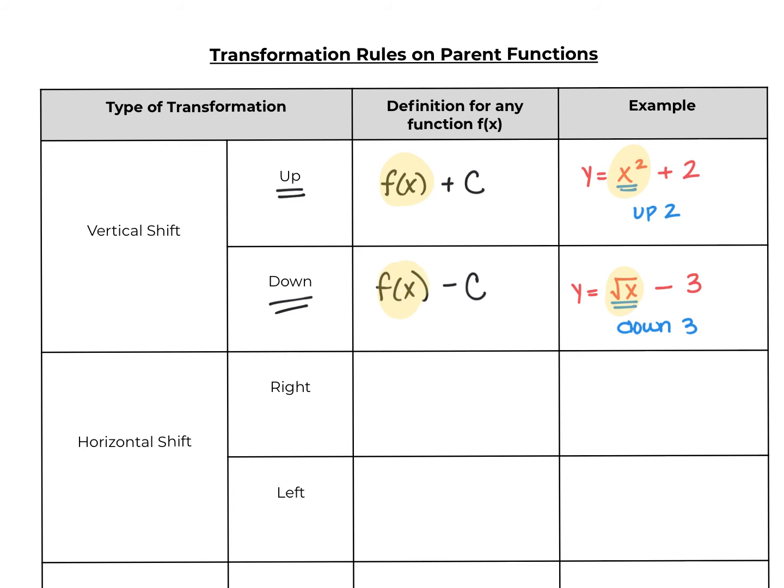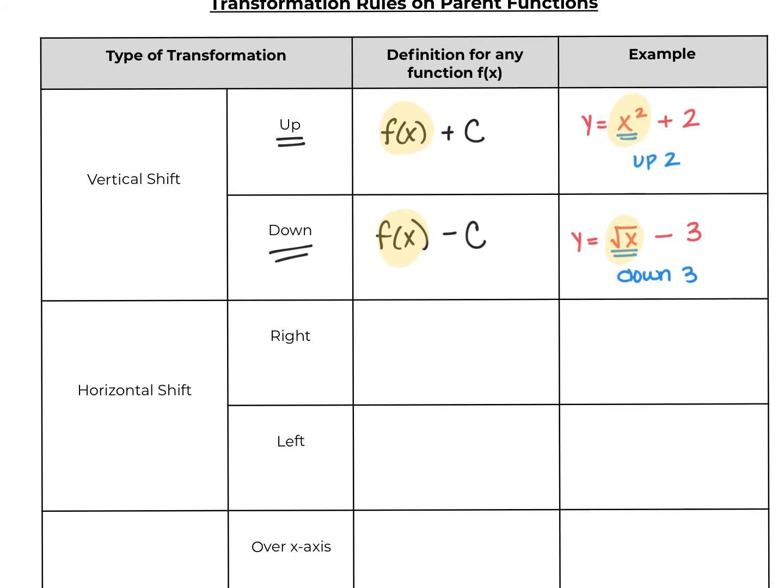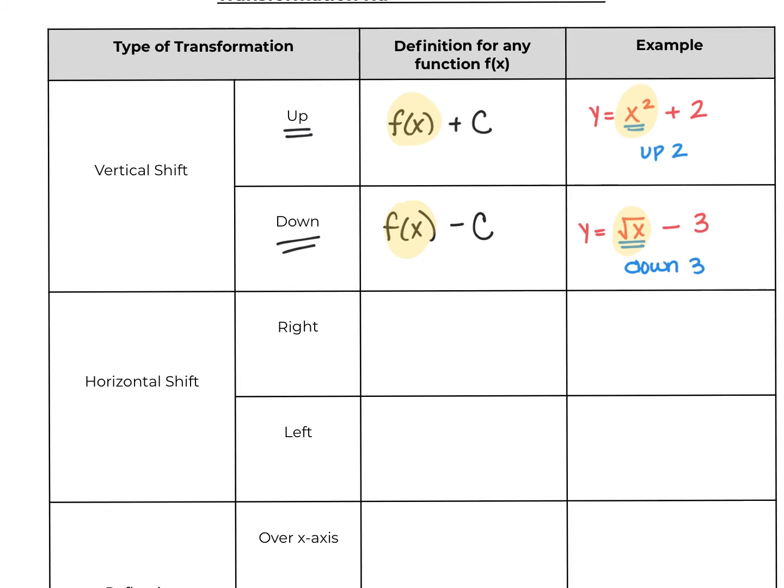So let's go ahead now and keep going. If I want to do a horizontal shift, right versus left, the right shift is in formula form f of x minus c, and the left shift is f of x plus c. So what that would look like is the c value would have to be inside the function, or inside the parentheses. So a good example for this could be